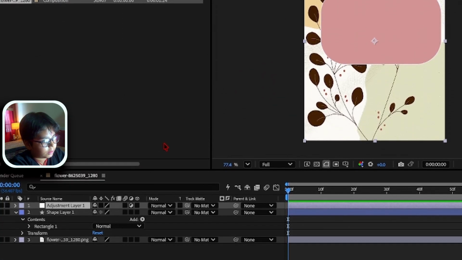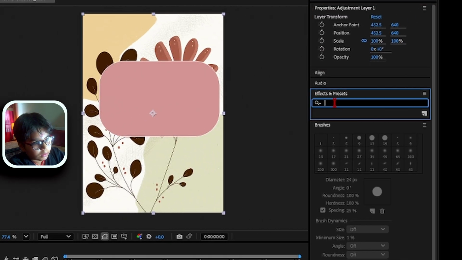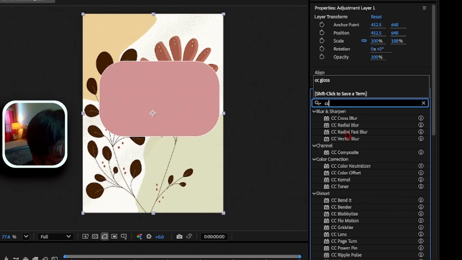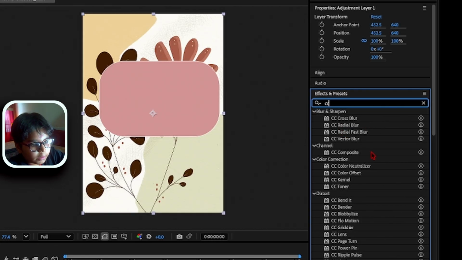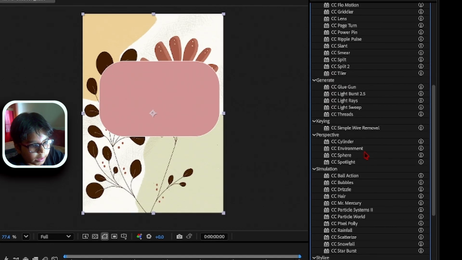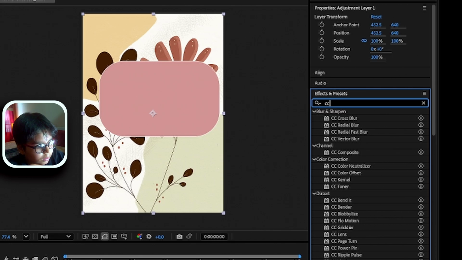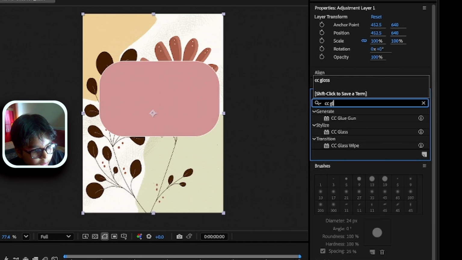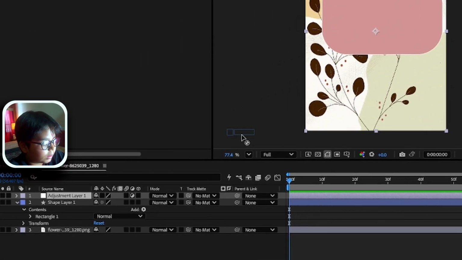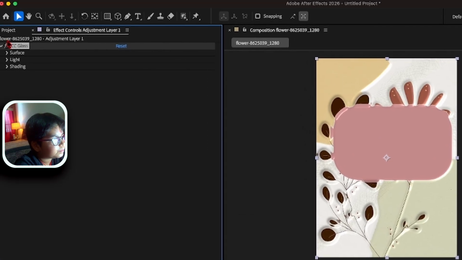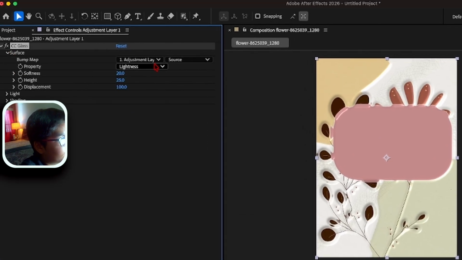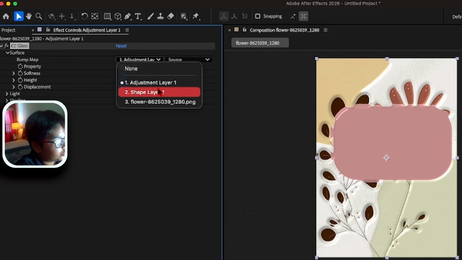the adjustment layer. Okay, let's search for CC glass. It's actually CC glass. So let's drag it on the adjustment layer. On surface, select the bump map to the shape layer 1